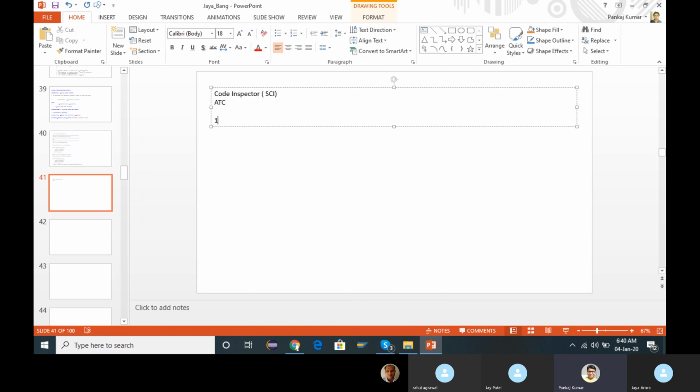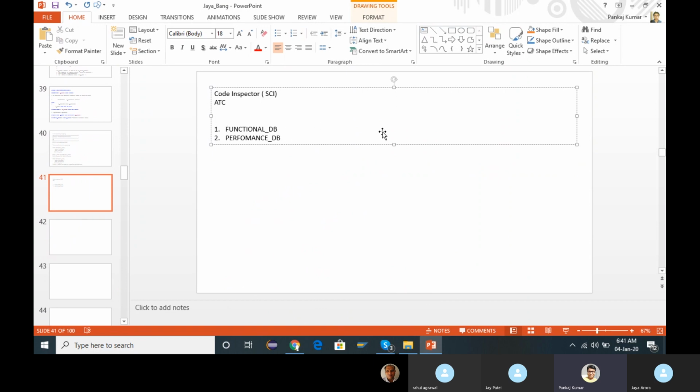One is known as functional DB. I will discuss this in detail; I'm just giving you a glimpse so that you have a little bit of an idea. Another is performance underscore DB. With the help of these variants under ATC, we will give the package name or the program name, whatever it is, and check whether the existing code will be compatible with the HANA environment or not.